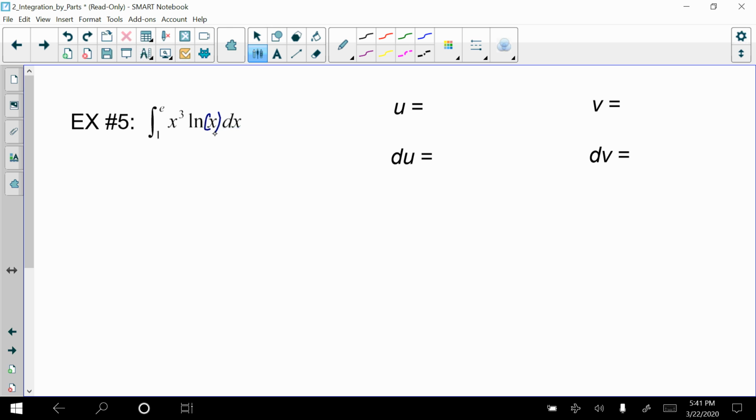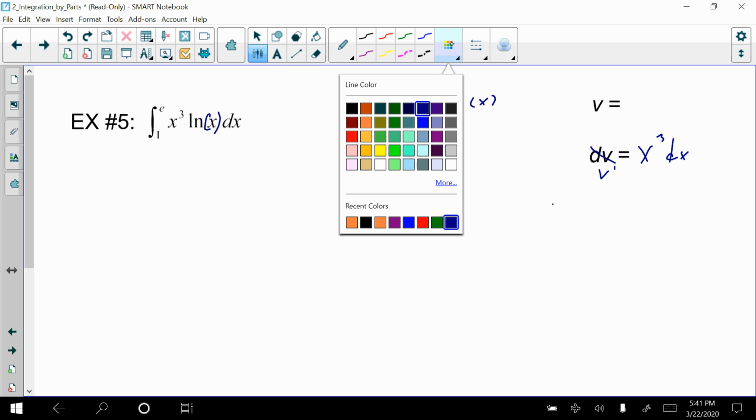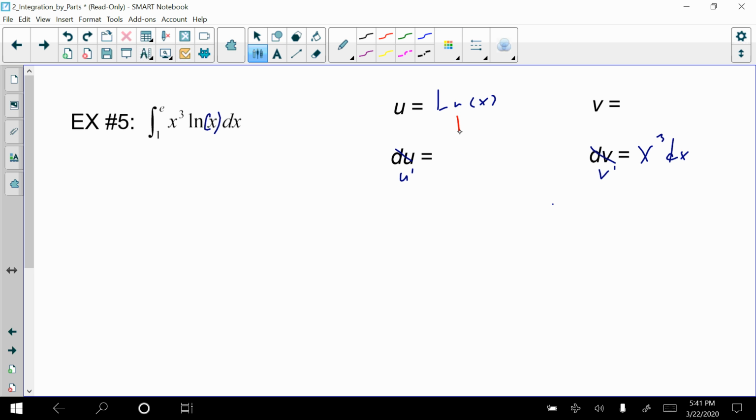So presuming that you may have done that, let's start seeing what we get here. I'm not going to write the equation down again because we've seen that enough already. So the u term in this case, I'm going to make the natural log of x, and we'll just say this is u prime and v prime. So if natural log of x is u, then x cubed times dx must be v prime. And so now we will jump down here. We'll take the derivative of that. Natural log of x will be the derivative, 1 over x dx. And the antiderivative of x cubed will be